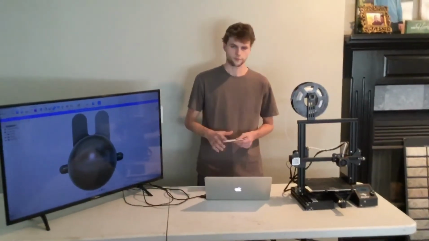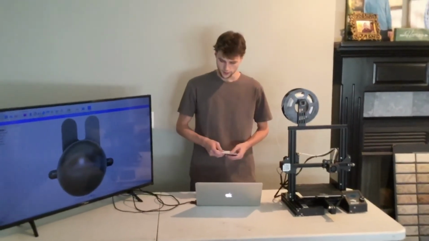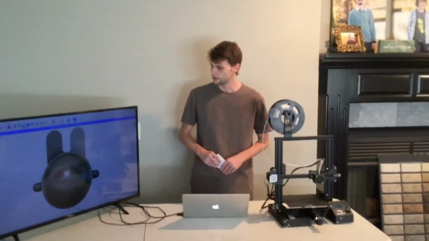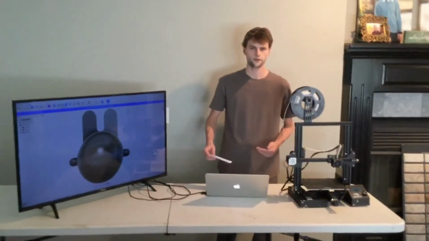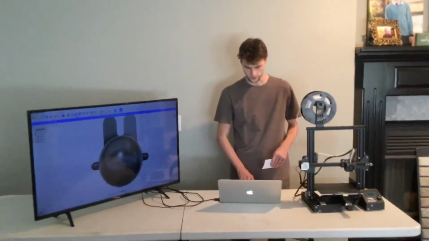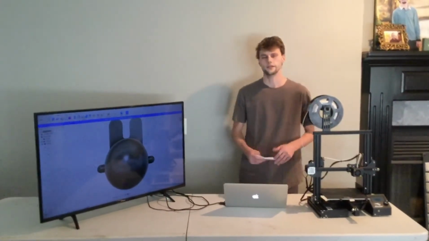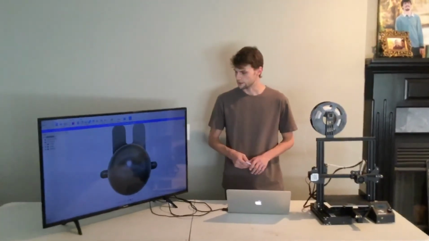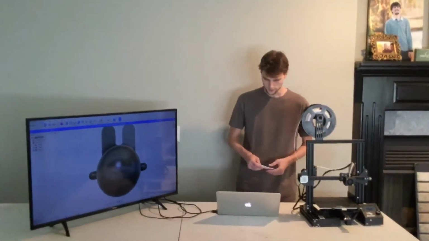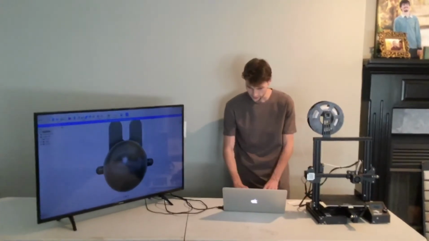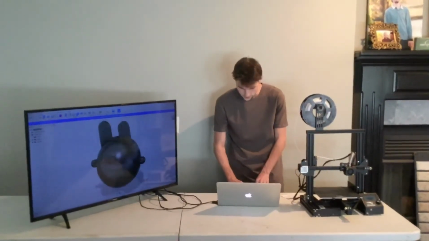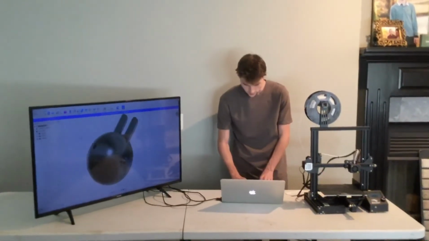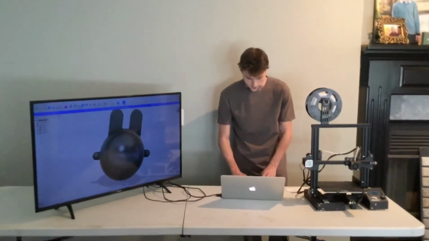So first I want to talk about the components of 3D printing. You have a couple of different softwares involved. First you have your modeling software. I like to use Fusion 360, and then you have a slicing software. For slicing software I like to use Cura. So if we look right here, this is a model that I made for my daughter's Halloween costume. And if you see, it's all solid